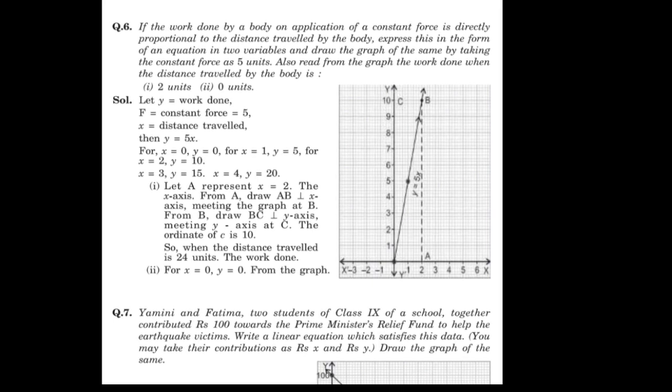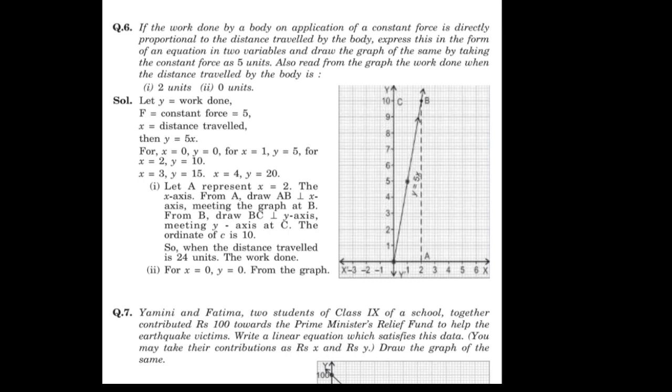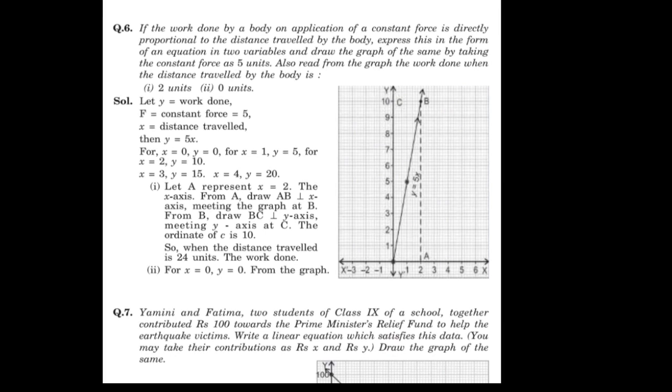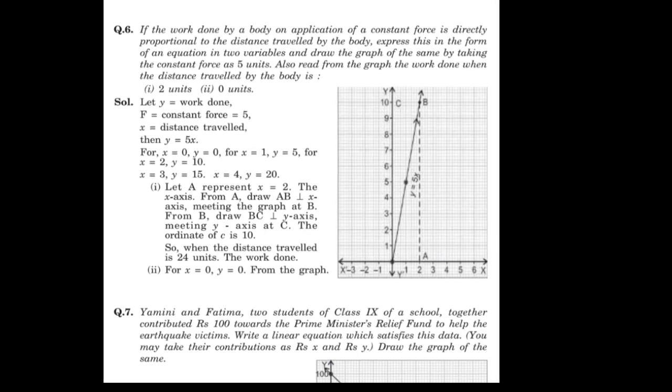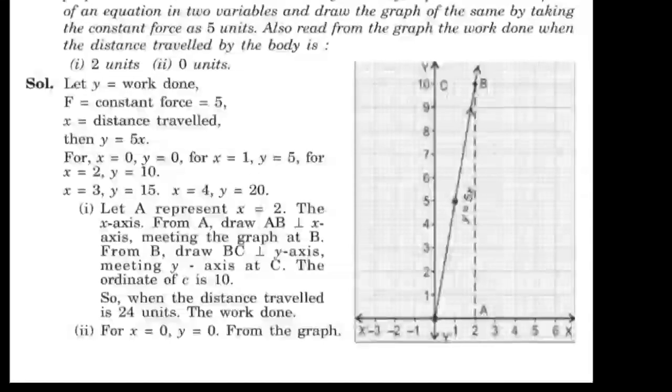So here let y equal work done and F equal constant force. Then the constant force is 5 units and x equals distance travelled. Now according to the question, the equation is y equals 5x. Now if we put the values of x one by one, then we get the value of y. So in this equation